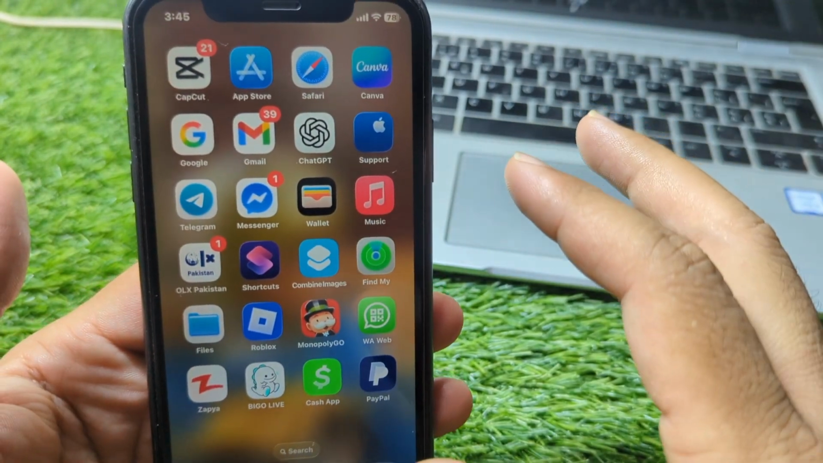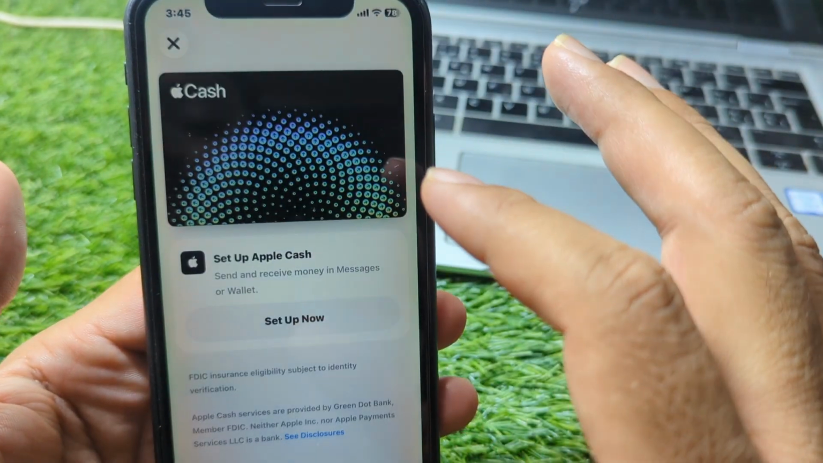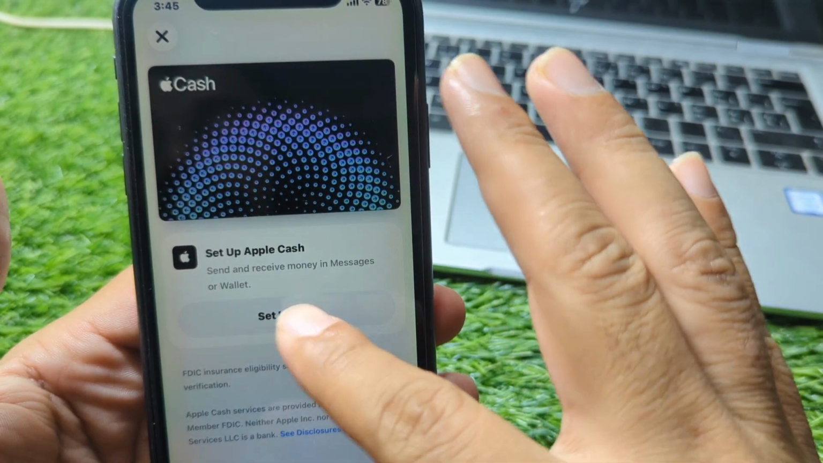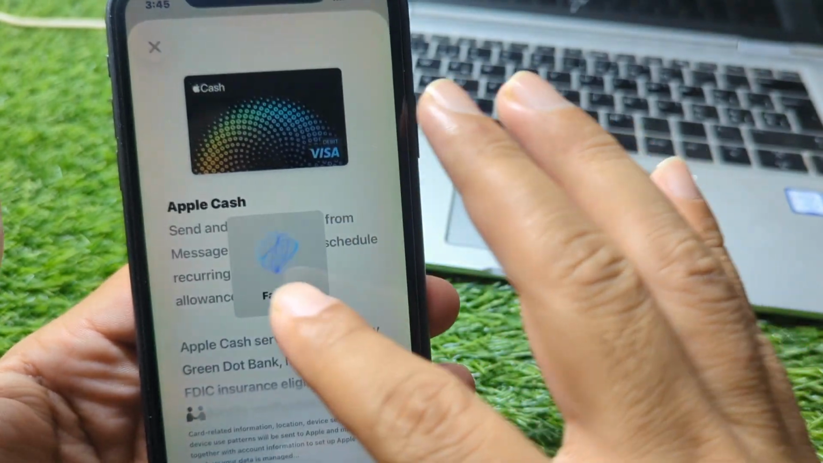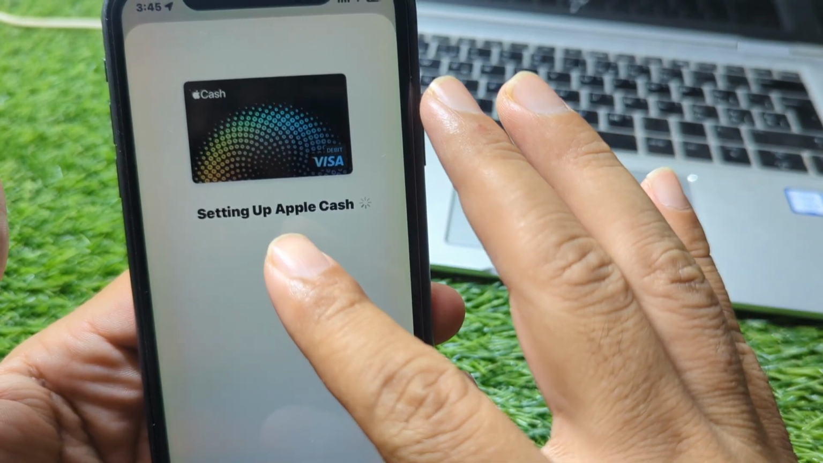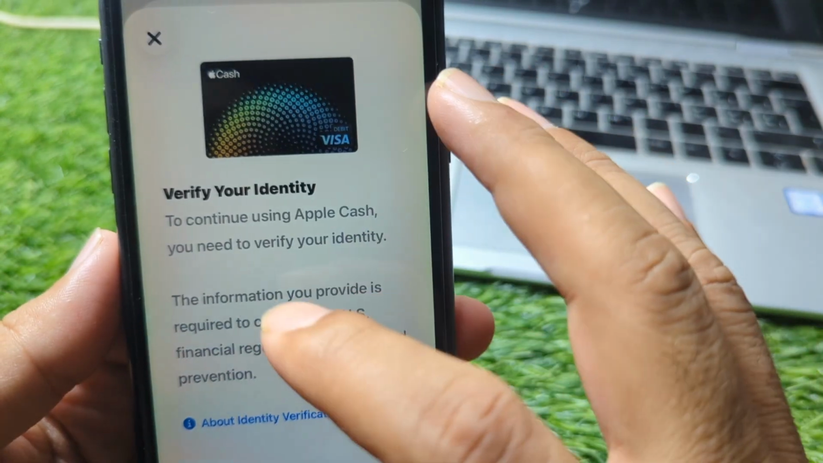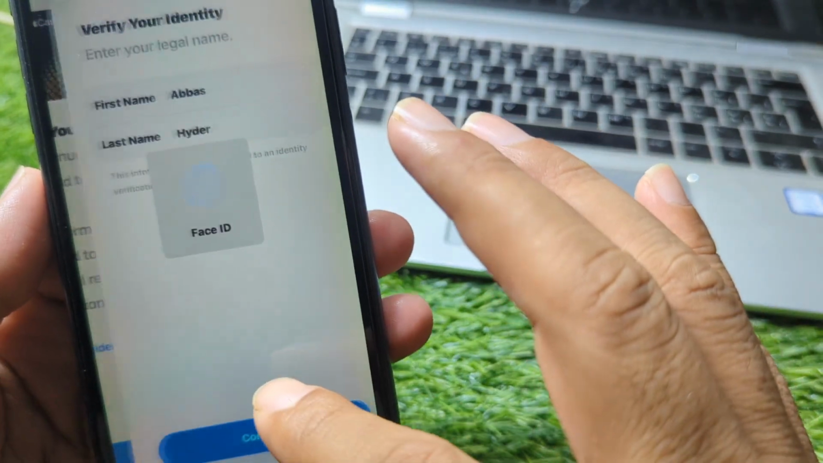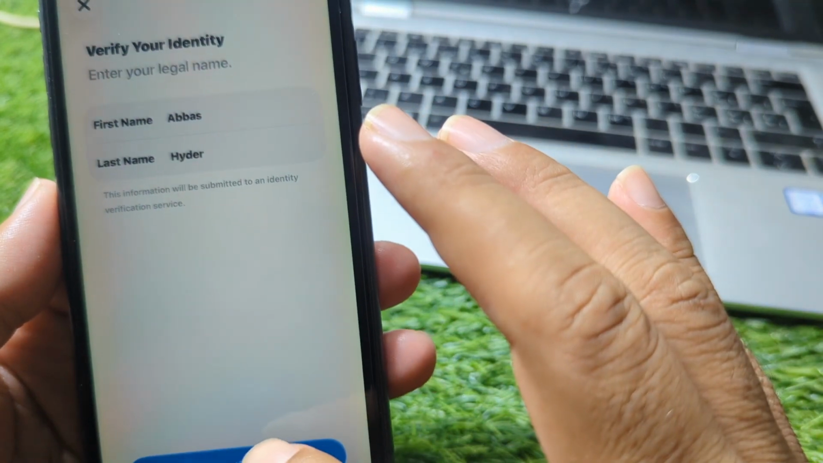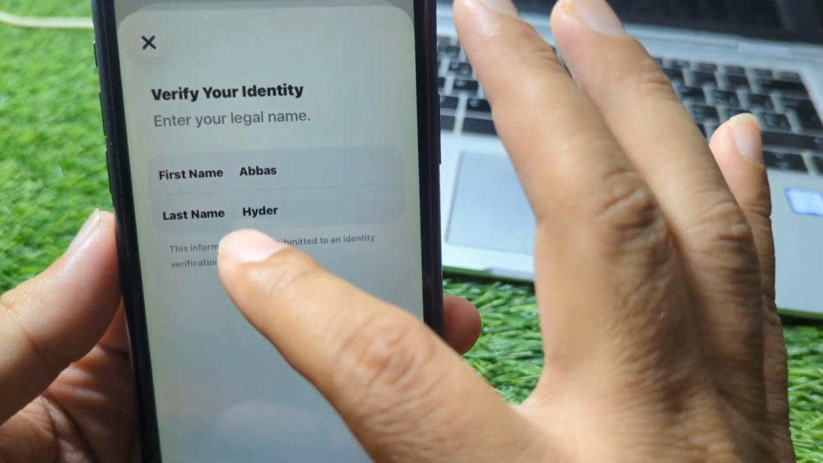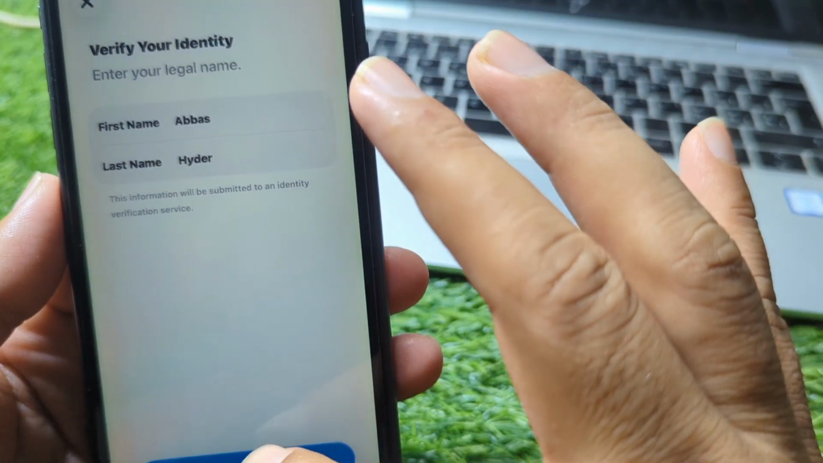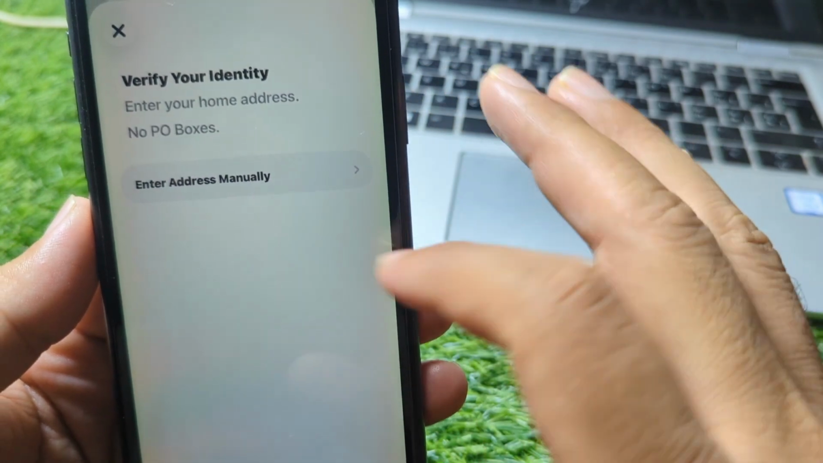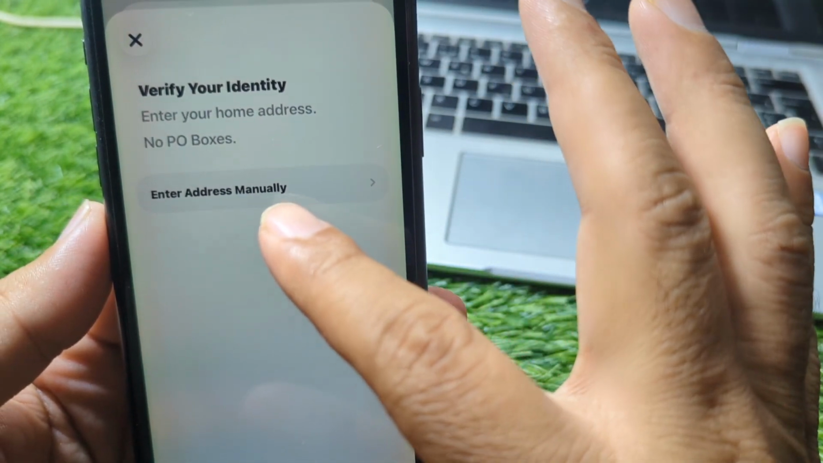So guys, all you have to do is simply open your Wallet app, and from here tap on Set Up Now, tap on Continue, and wait here for some seconds, and now it says verify your identity. Simply tap on Continue, again tap on Continue, and check your first name and last name, and from here verify your identity, enter address